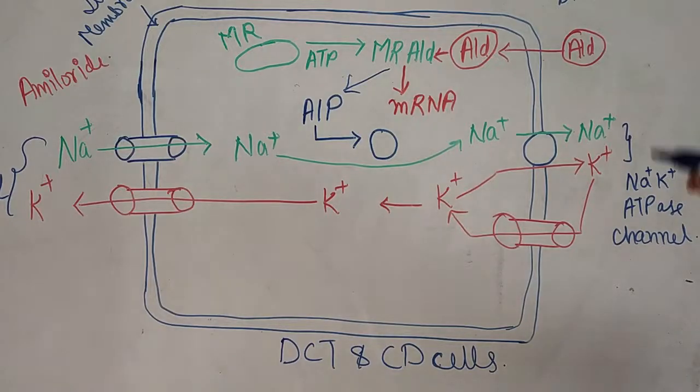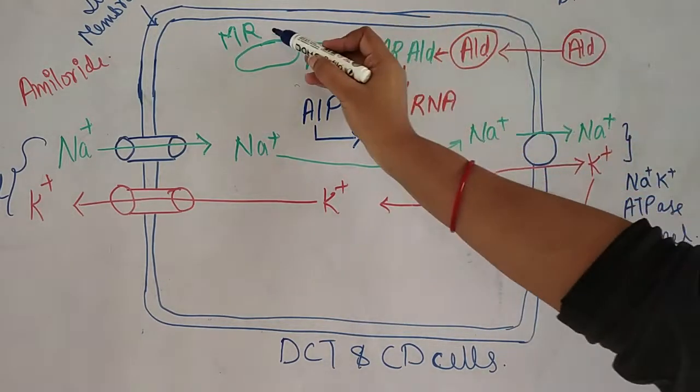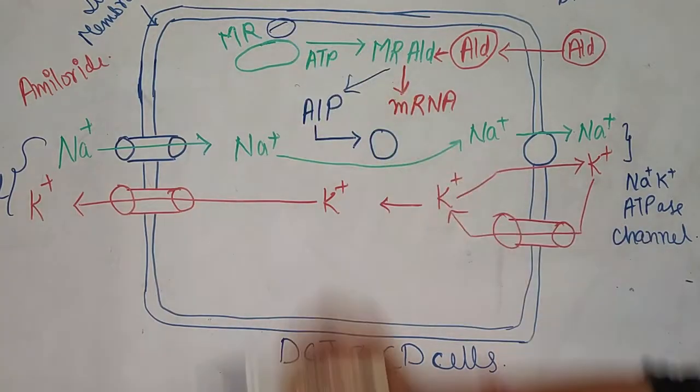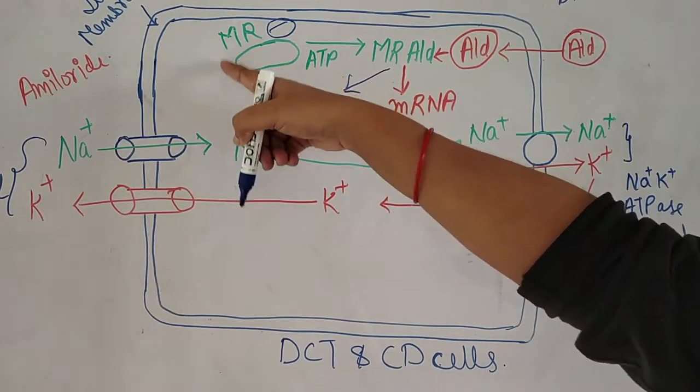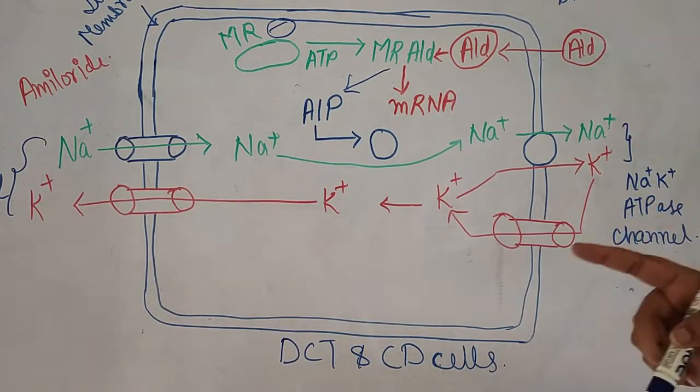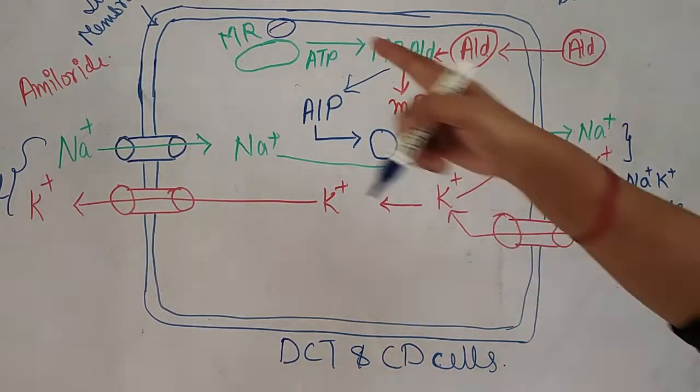But when we use a potassium sparing diuretic like spironolactone, which is an aldosterone antagonist, meaning it antagonizes the effect of aldosterone, in that case aldosterone will bind with this mineralocorticoid receptor. Remember, when we use potassium sparing diuretics like spironolactone, the spironolactone binds with this mineralocorticoid receptor. So once it binds with the mineralocorticoid receptor, no